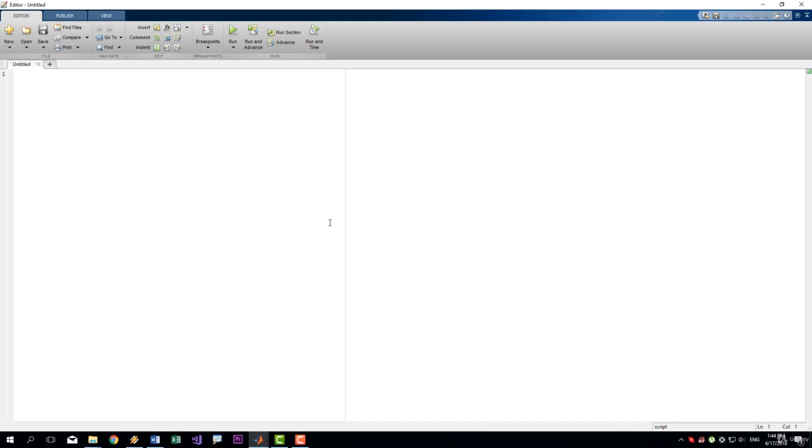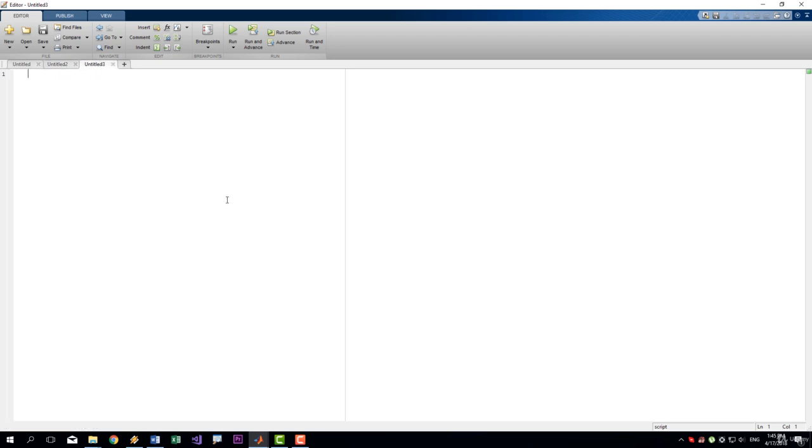The code editor solves this problem. You can write all the code in the world that you want here, and it will be executed only when you click the Run button up here, or you press the shortcut, which is F5. As you can see, Save and Run, F5. You can have several files open in your code editor and work with them simultaneously, and you can't edit a file in the command window, not in any productive way anyway. So here, by pressing on this plus sign, you can create new scripts, new MATLAB files, and you can work individually on each of them.